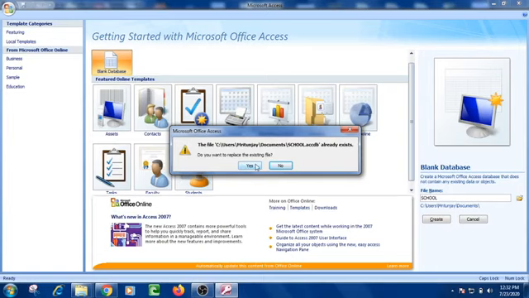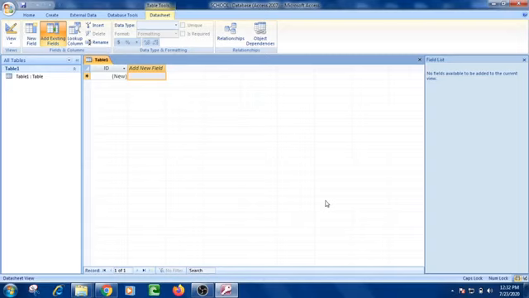On clicking Yes, the main window of Access appears with a blank database and various components. Blank database means right now nothing is there, no table is there, so I am using the term blank. This window has many components. Let us first consider the first part, that is the title bar. All of you can see the name of the database appearing on the title bar, that is school.